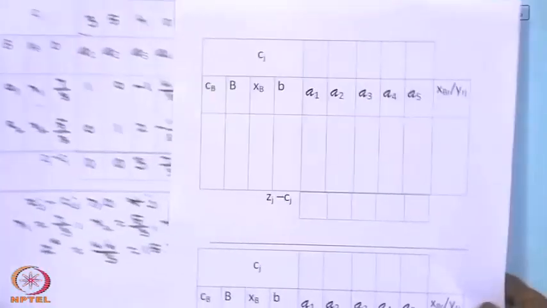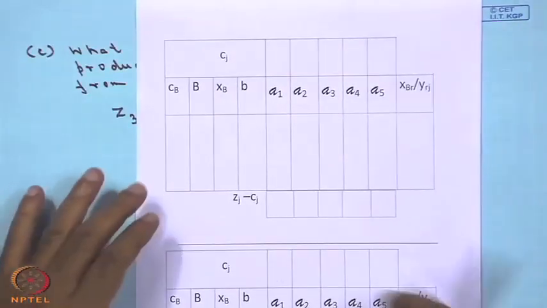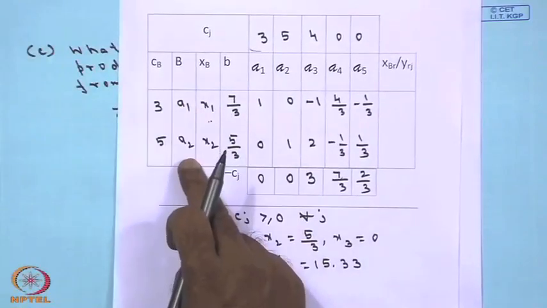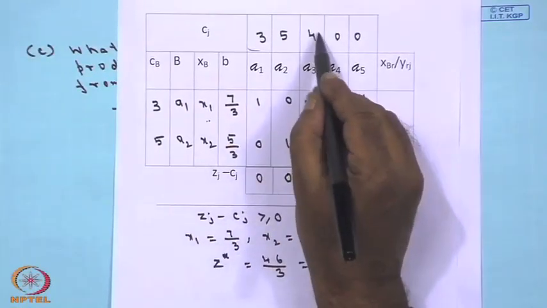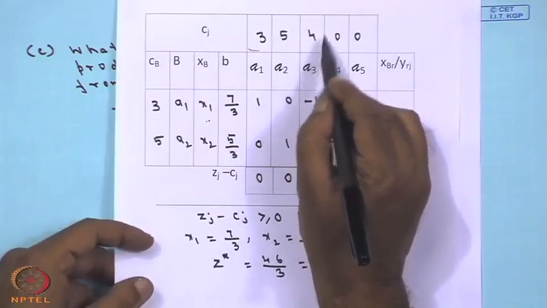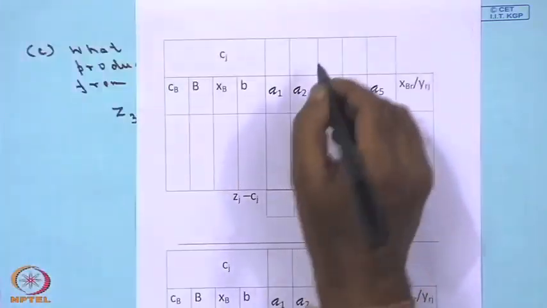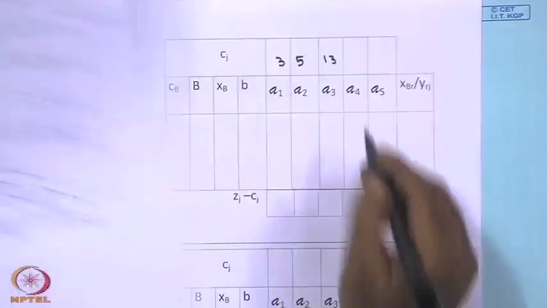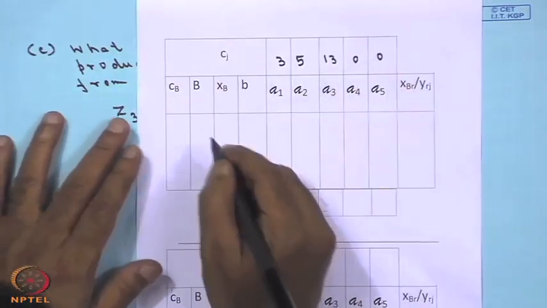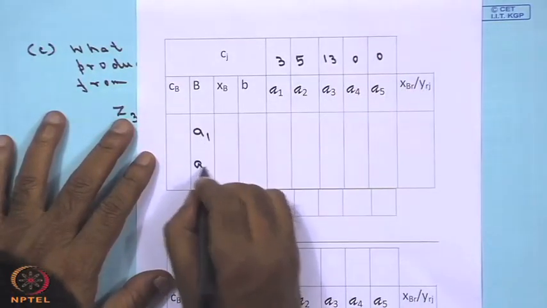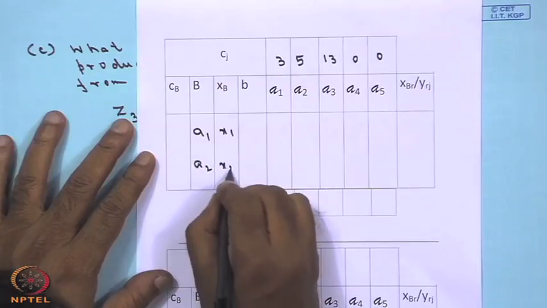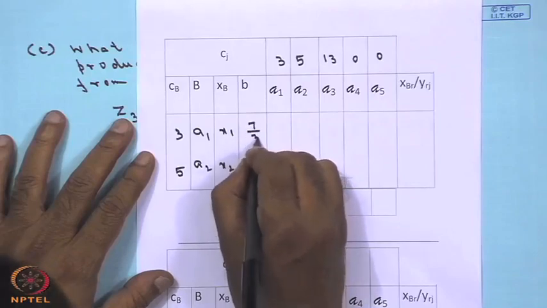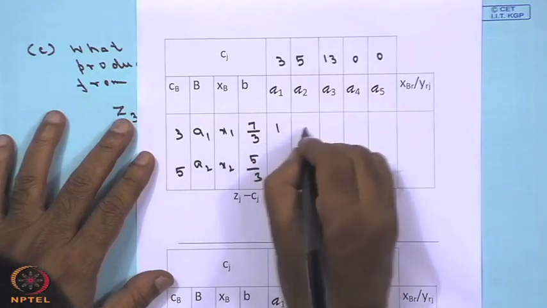In this case, the optimal table is already there. From the optimal table, you write the entire table, and only one change will come: instead of 4, it will be 13. All others will remain the same as in the optimal table. So I am writing 3, 5, 13, your A1, A2 is there, your x1, x2 is there, 3, 5. These values will not change, 7/3, 5/3, the rows will be unchanged,